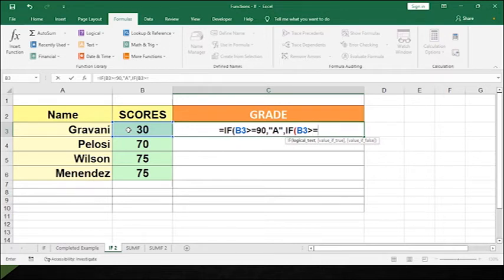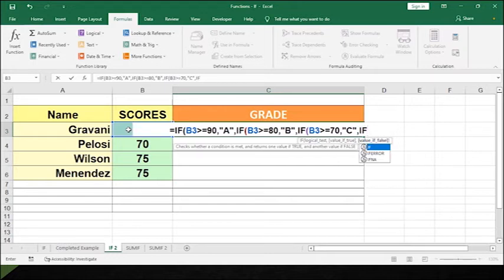80. Okay, comma. What do you want to see? If it's greater than 80, you say B. Okay, comma. Again, if that cell is greater than or equal to 70, comma. What do you want to see there? C. Okay, comma. Again, if that cell is